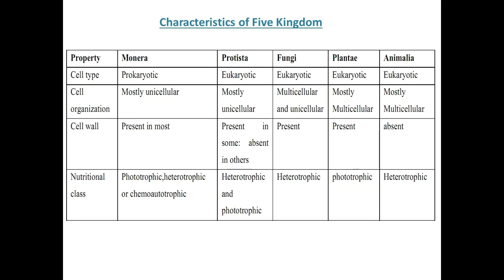Or the question can be from this topic: the difference between Monera and Protista, or the difference between Monera and fungi, etc. These are the types of questions from this tabular form. But to make you more clear about these characteristics of the five kingdom classification, we will take up the points step by step. Okay, so starting with that, the five kingdom system of classification, which was proposed by Whittaker,